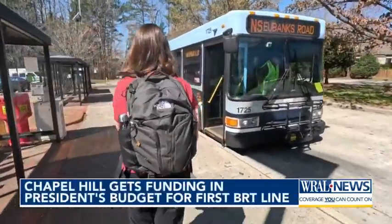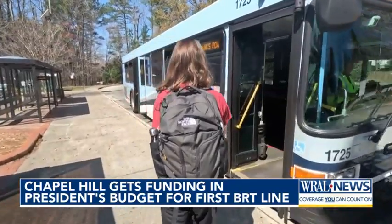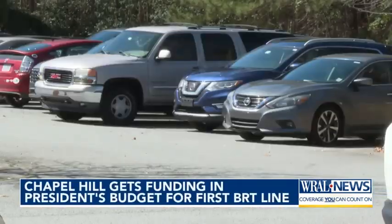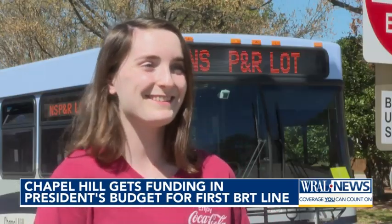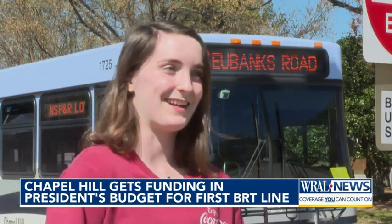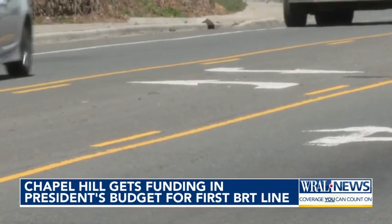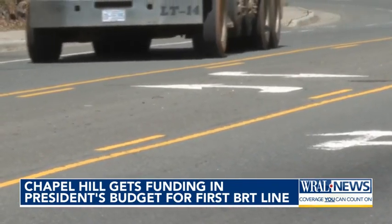Lauren Southwell steps on board Chapel Hill Transit to get to her job at a UNC lab. I commute from my home in Apex to here in the park and ride lot, and then I take the bus the rest of the way and back. She takes the north-south bus route to avoid having to search for parking on campus. Traffic in Chapel Hill is not the best either, so the buses can kind of get stuck in traffic jams, which is understandable. Turning one of the town's busiest bus routes into a bus rapid transit line will clear a